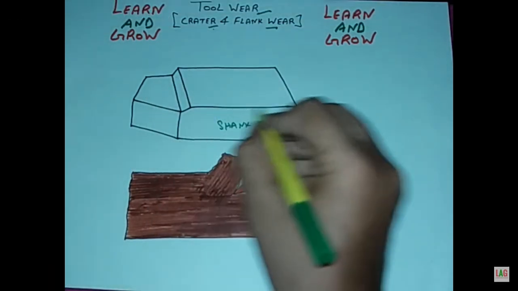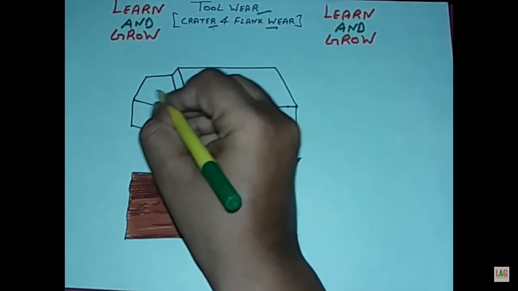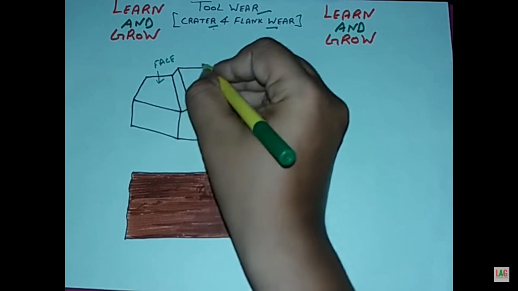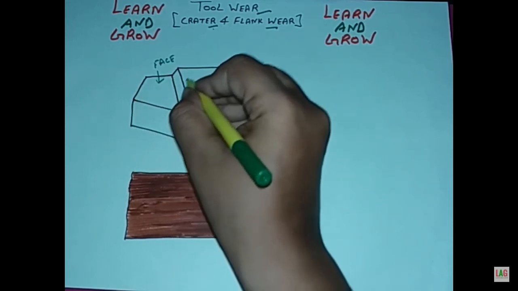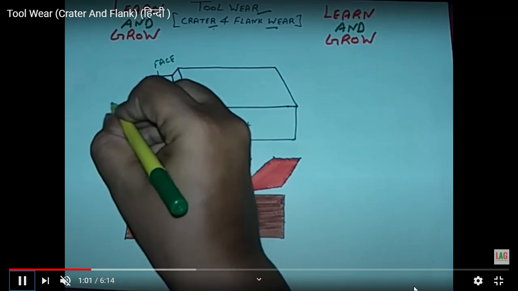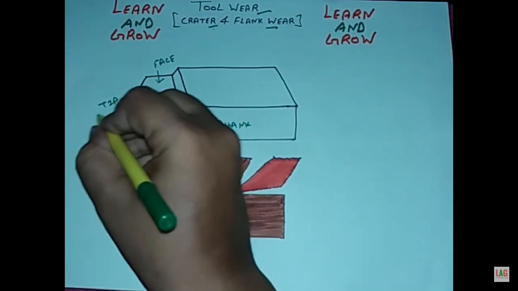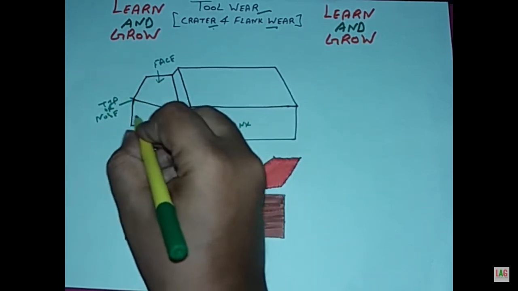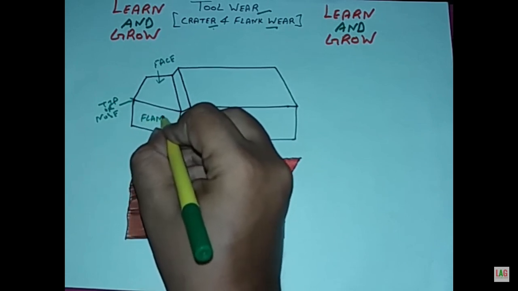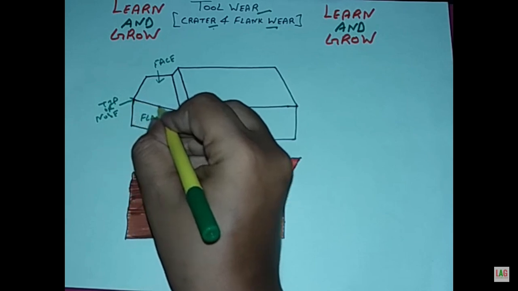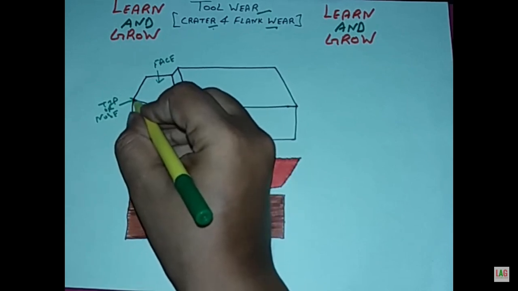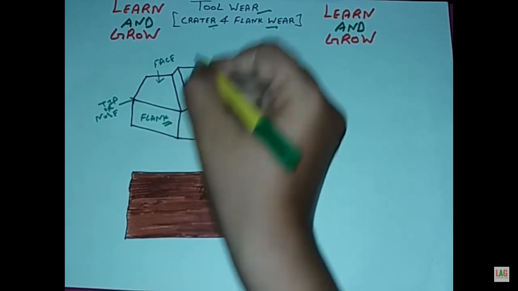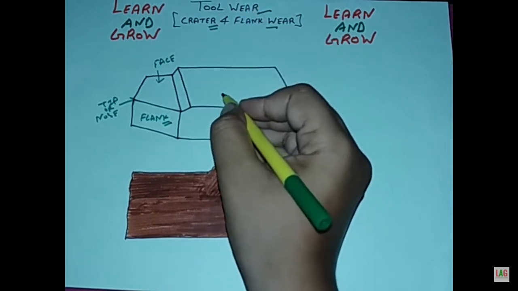What does tool wear mean? You understand it from this slide. How does the tool wear? You see it practically here. That is the face, and next is the tip of the tool and the nose radius also. When it is wearing or giving unsatisfactory work and dull surfaces, it is called tool wear or tool failure. Tool life depends upon the tool wear and tool failure.